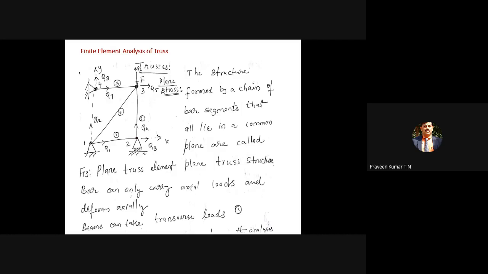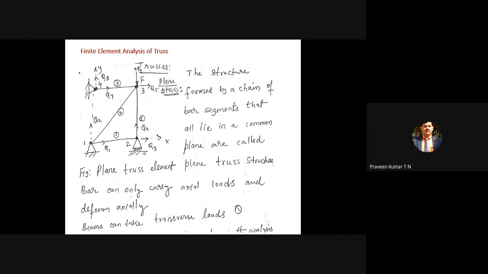When you come to node 3, is Q5 0 or non-zero? It is not supported. When it is not supported, node 3 can move along the x direction; that value is given by Q5. In a similar way, node 3 can move along the y direction; that is given by Q6. Now node 4 is fixed, so Q7 is equal to 0 and Q8 is equal to 0. So these are the boundary conditions for different nodes.